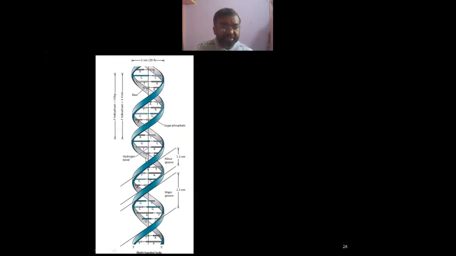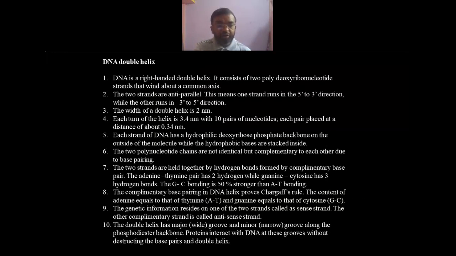Now this is the typical structure everybody knows. I request you to draw this structure in your notebook. While drawing any DNA structure, you should keep in mind there should be the major groove and the minor groove. This is not a typical plain helix. Here the major groove is there and minor grooves are there. This is also not new for you. You already know the details regarding that, and these details are known to you from 12th standard.